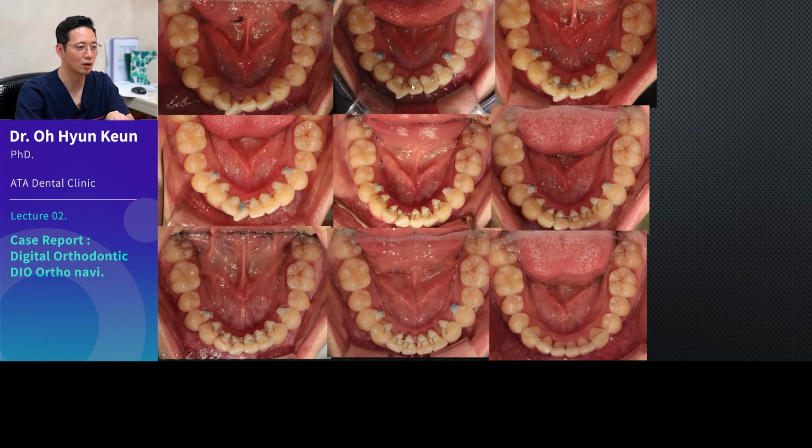Because there's no room here, you can use open coils to expand. If not, you can use arch wire expansion. Dr. Bae Ki-sung will explain that in detail, so please watch that lecture. You can use whichever technique suits you. For me, I typically use open coils. It depends on your taste.